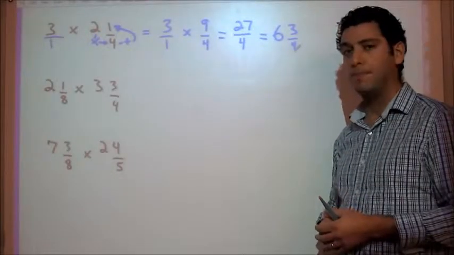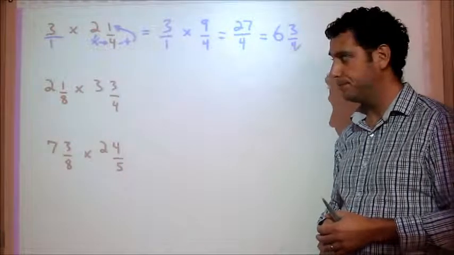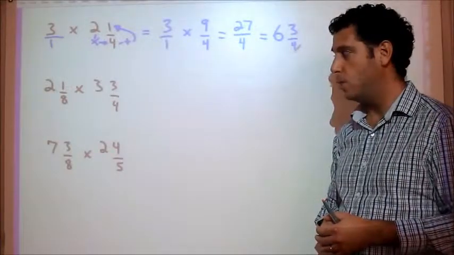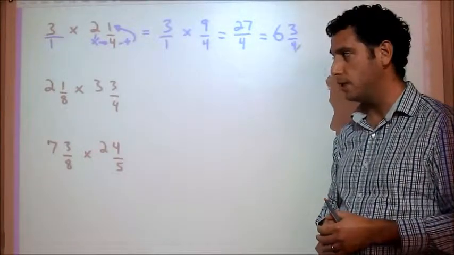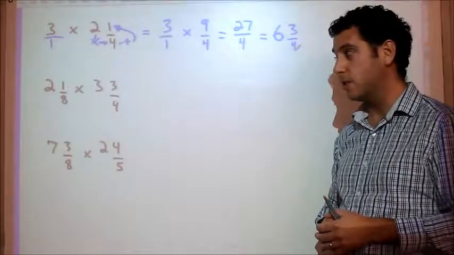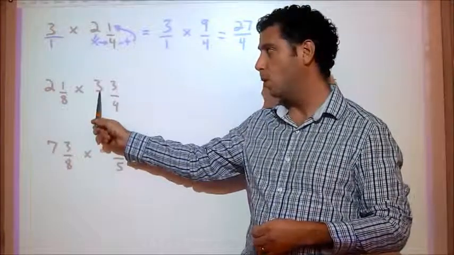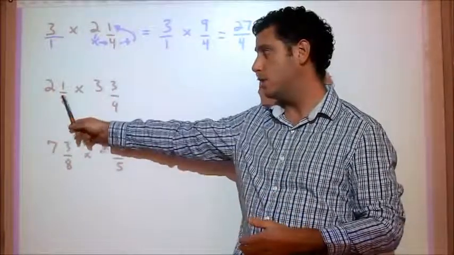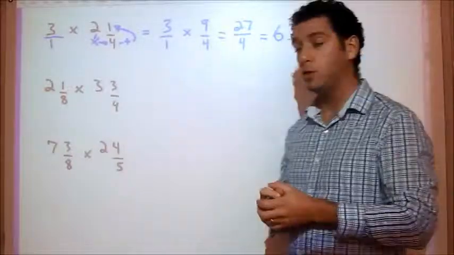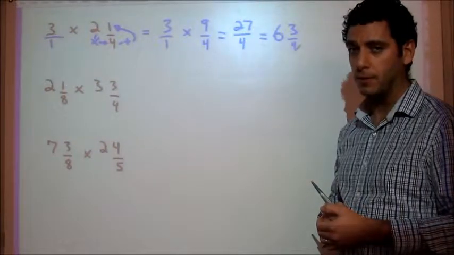How about the next problem? 2 1/8 times 3 3/4. Well, in this case we have 2 mixed numbers, and we'll want to convert them into improper fractions so that we can multiply them straight across. It's actually a common mistake to try to just multiply the whole numbers together and then just multiply the fractions together and put them together in the end. You can try that. It is a common mistake, and you will find that it will not give you the right